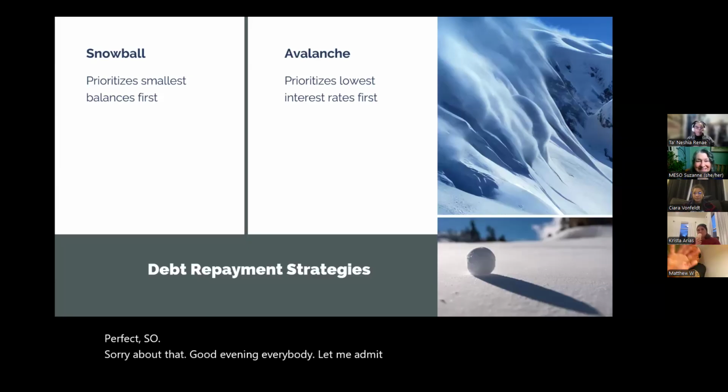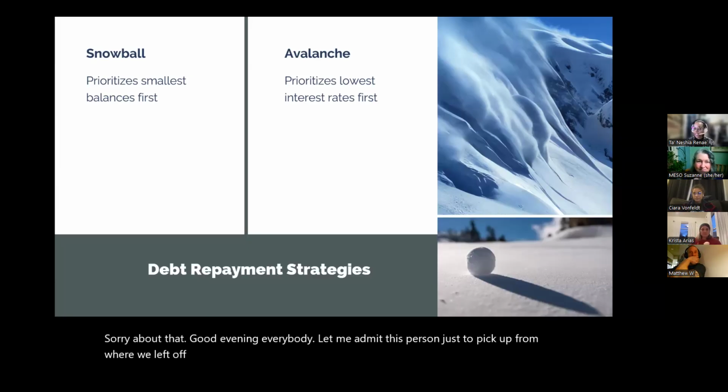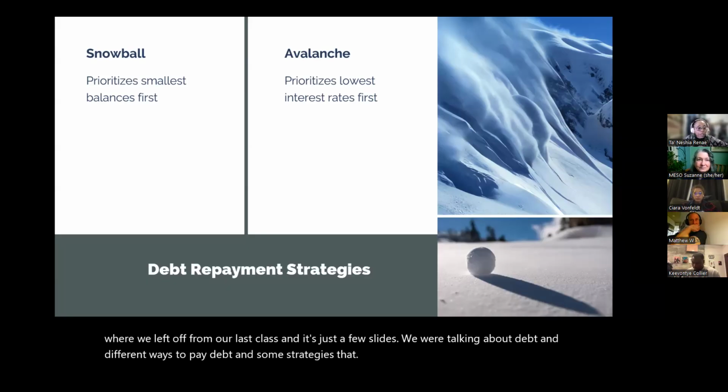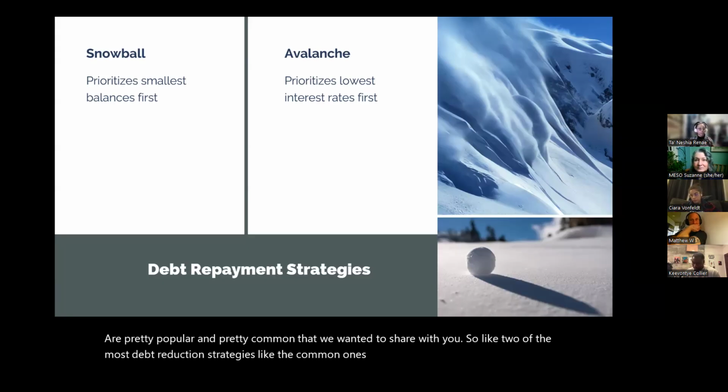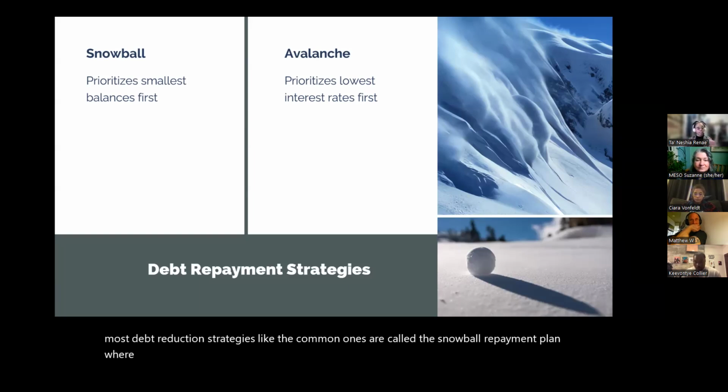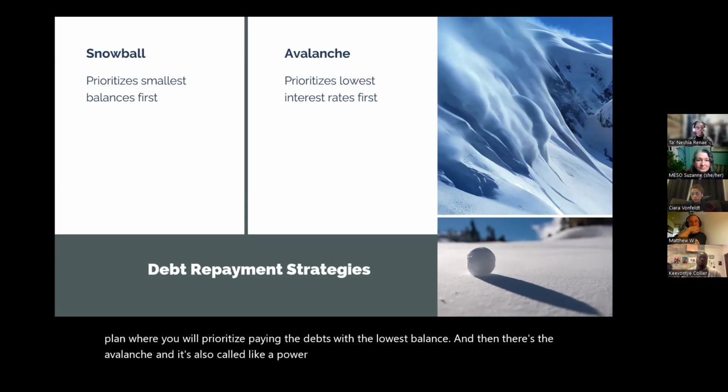Just to pick up from where we left off from our last class, and it's just a few slides, we were talking about debt and different ways to pay debt and some strategies that are pretty popular and pretty common that we wanted to share with you. Two of the most common debt reduction strategies are the snowball repayment plan, where you prioritize paying the debts with the lowest balance, and then there's the avalanche, also called the power pay, where you prioritize the debts with the